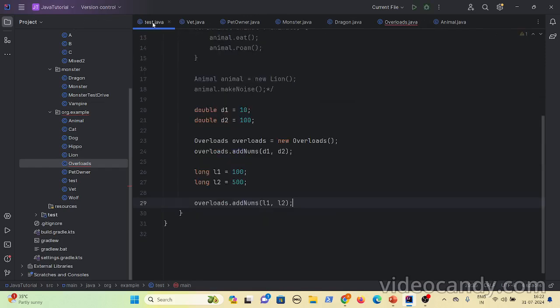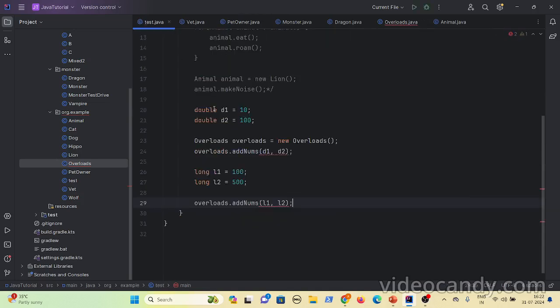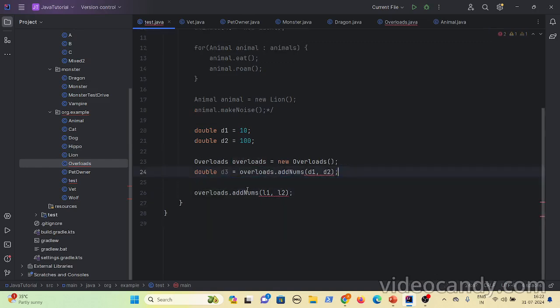Let me explain it. Now let's say you have add names of double. Now let's say I'll remove this, I'll remove this with long. I'll revert back the changes. Now let's say you have two methods like this, double A and double B. Now what you want is, you want the result to be double in one case, and in the other case you want the result in long, because only the return types are different here, right?